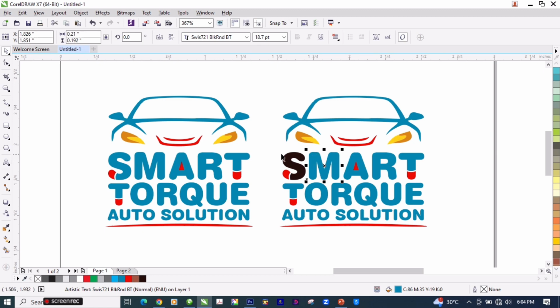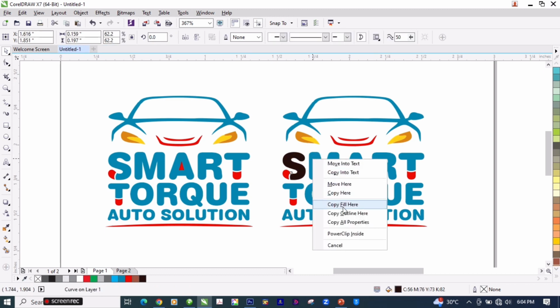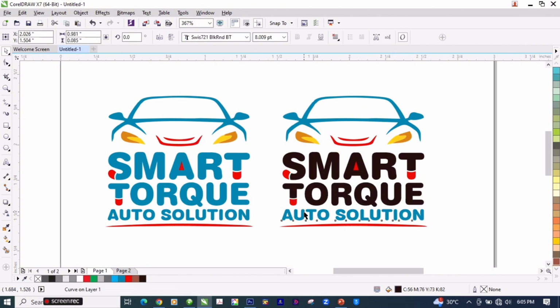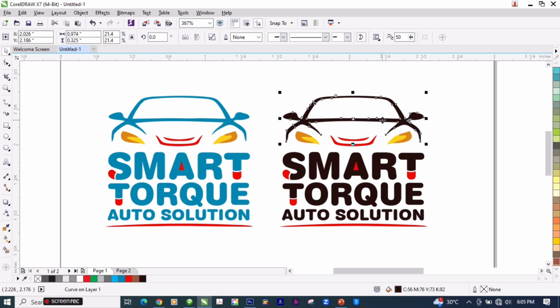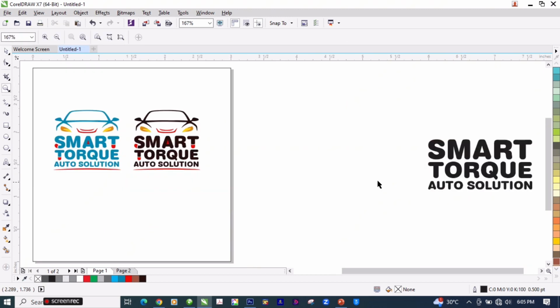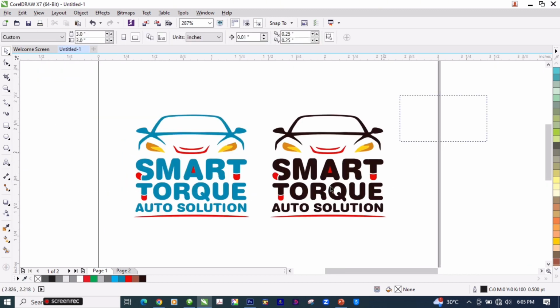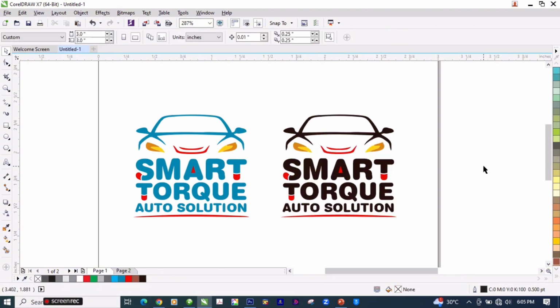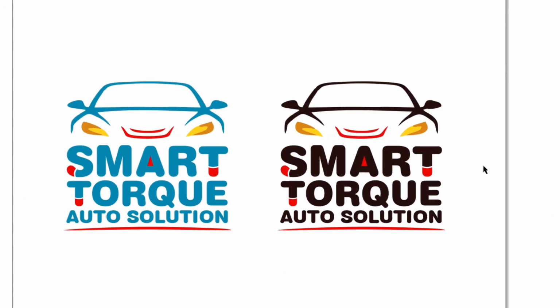Drag and fill, copy, fill here. Apply on the body of the car. Yes, I think this is actually great. I think it's more beautiful than the blue one. Or what do you guys think? I think it's more beautiful than the blue one, though it all depends on the color